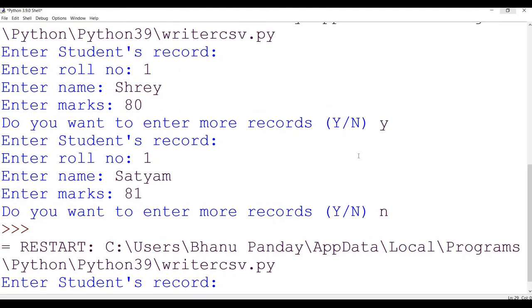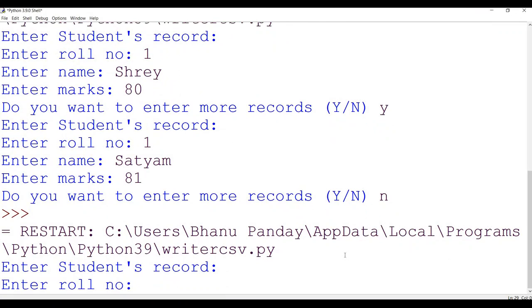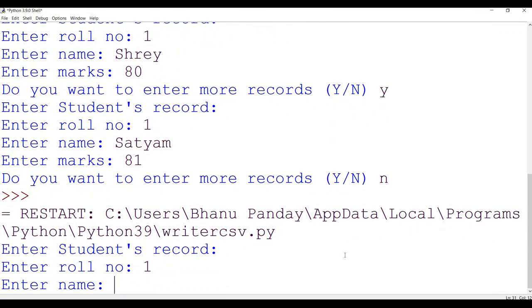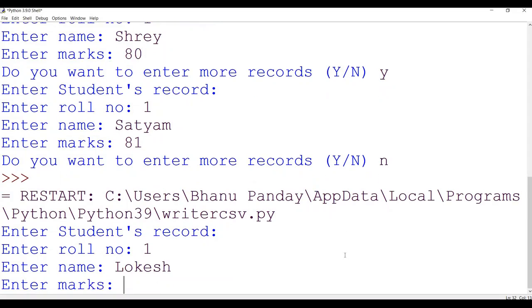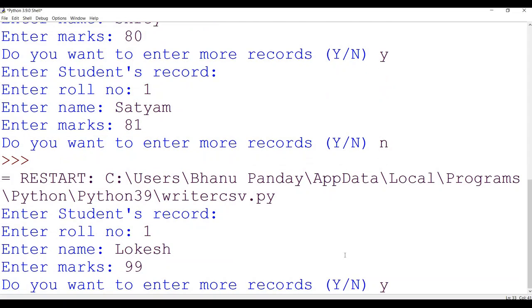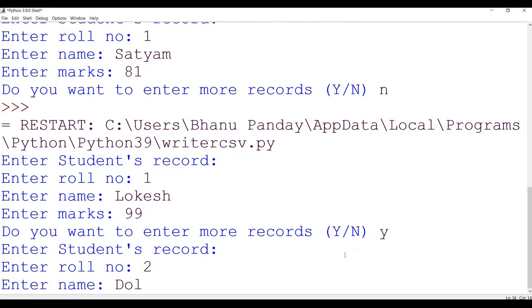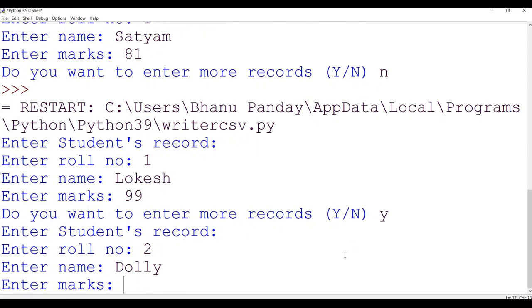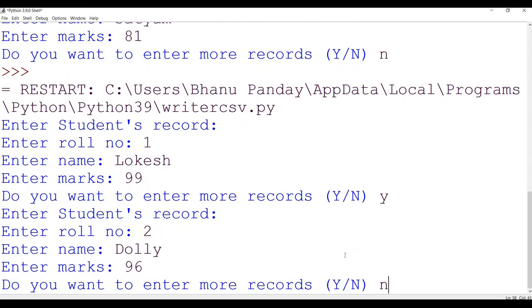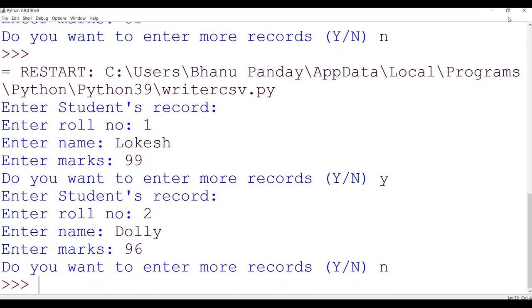After executing this file, I want to write records: roll number 1, name is Lokesh, marks is 99, then record yes, then roll number 2, Dolly, and marks is 95, then press enter and come out from the program.